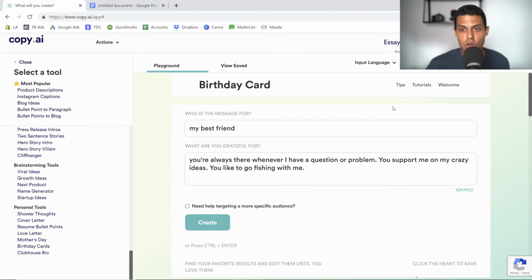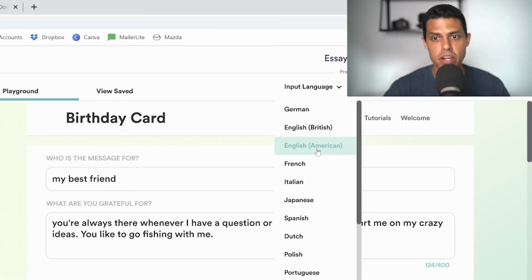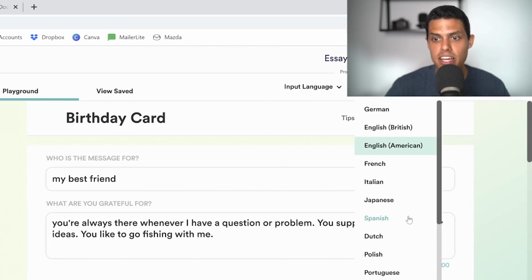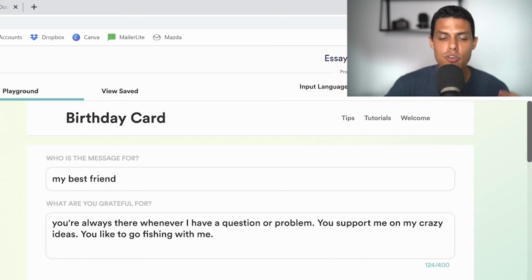Okay, so let's say that you have a friend that speaks Spanish and you want to actually give a message to them, but you want to write in English. This is not a translation, but this is an actual copywriting tool. You're not translating this, but you're inputting English and then you're getting Spanish as an output. Okay, you have a ton of languages here. So then you click create,